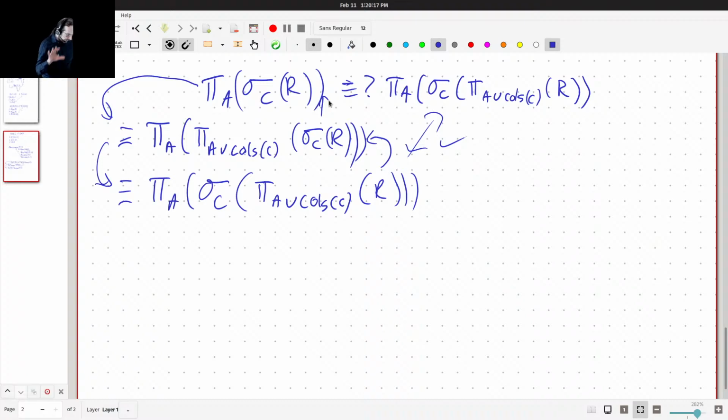In fact, going from the right-hand side is maybe a little bit safer because we can always pull the projection up above the selection without risk. And when we push the projection down through the selection, then we have to confirm to ourselves that all of the columns referenced in the selection appear in